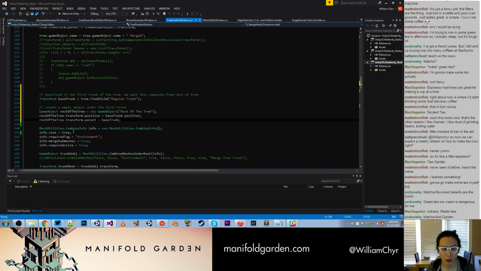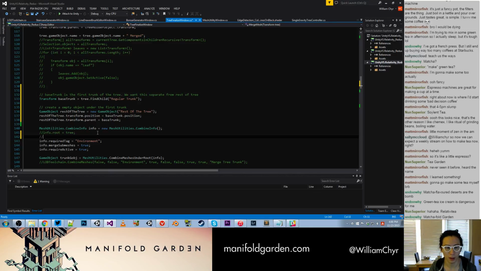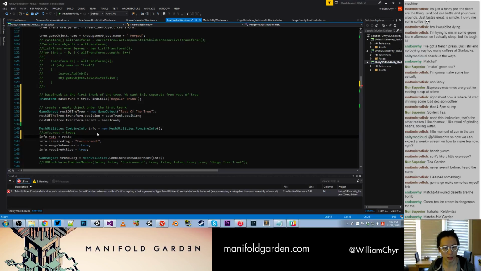So what we should see now, and I'm just going to comment that out, I would like to see info.root equals to rest of the tree. Oh, no. We of course first need to move everything to be